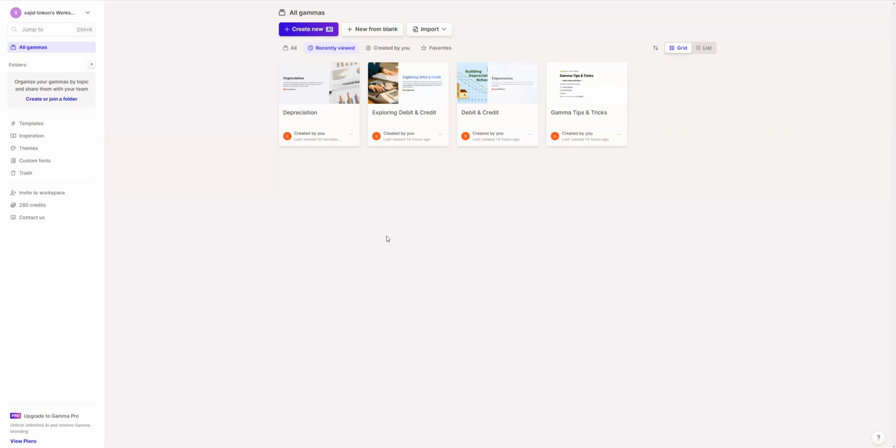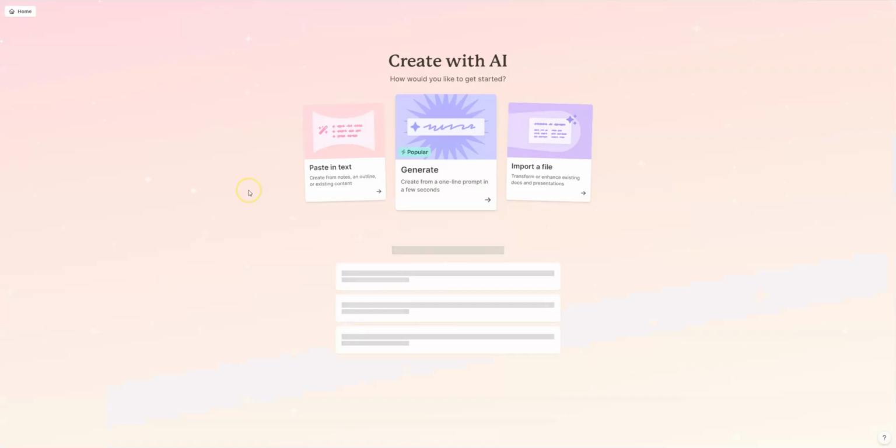So all you have to do is log into Gamma. It's free, you don't have to pay for that. And all you have to do is click here, create new. Once you have created new, you have to click generate. And after that, they will give you some options for what you would like to create today. You can create a presentation, a document, or a web page. So I'm going to go for the presentation because I need to prepare a presentation for myself or for my